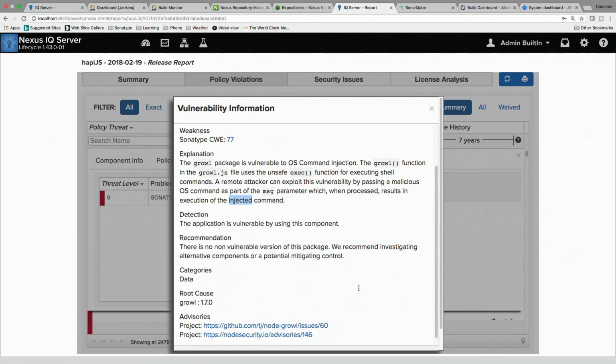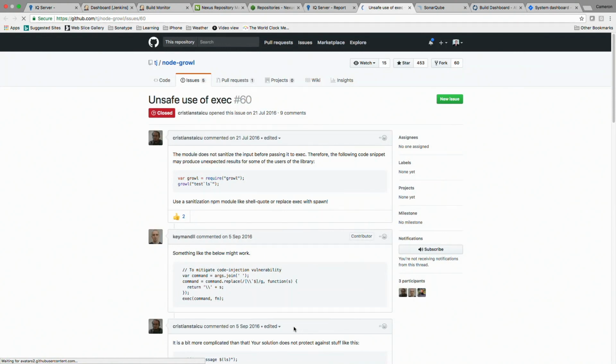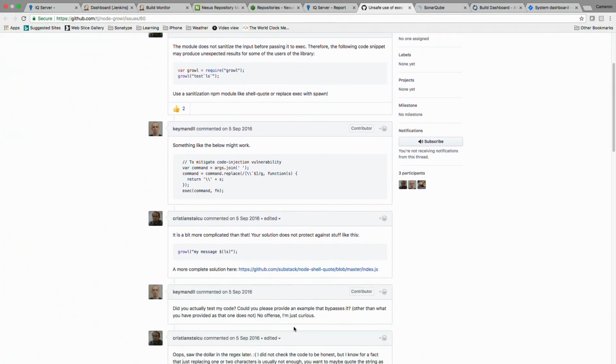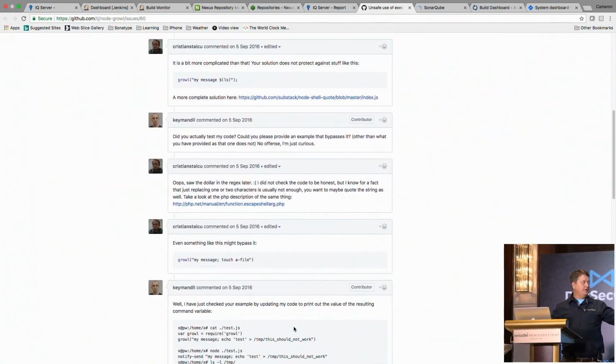Down the bottom here, what I want to show you now is the advisory. These are the notes from the project team. Here's the GitHub. So what's happened here? Unsafe use of exec. Okay, I don't particularly even know what that is, I'd go and read up on it, but that team accepted that that was a problem in their project. They said, yep, problem. We've got a Jira ticket. I've fixed it. I do a commit back into GitHub, and I move on.